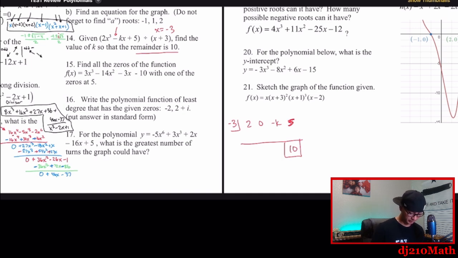Bring down the 2. Negative 3 times 2 is negative 6. When we add, we get negative 6. When we multiply, we get positive 18. Positive 18. Okay, when we add,